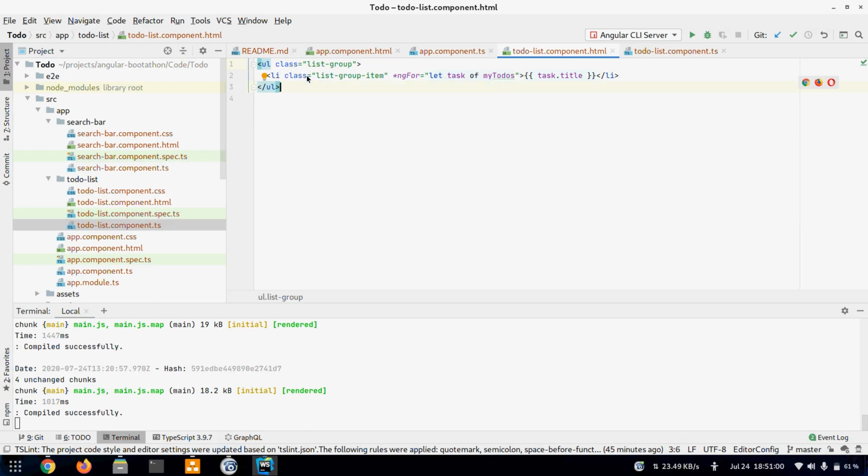Okay, so if there are 4 elements, then this loop will run 4 times, and each time a new li item will be created here. So in total there will be 4 li items if the array has 4 elements, and this will be the text inside that.